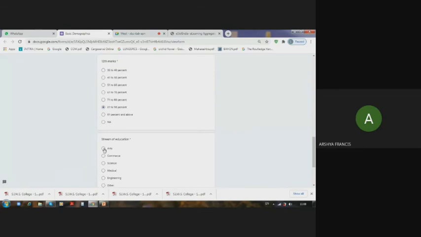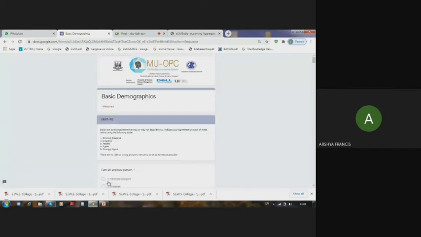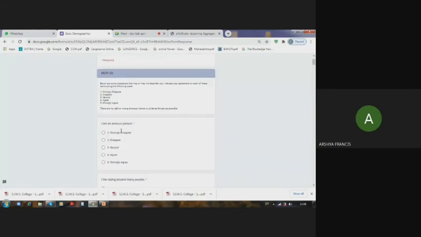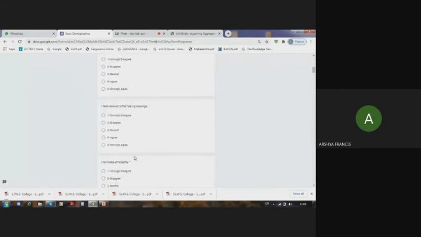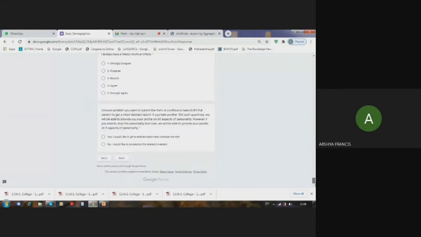Put all your details. So you finish your first page. Now just see my screen carefully. Once you finish your first page, you land on the second page. Finish the second page, and when you come right down to the end of the second page, you have a question here which says, choose whether you want to submit the form or continue to take the full version to get a more detailed report.